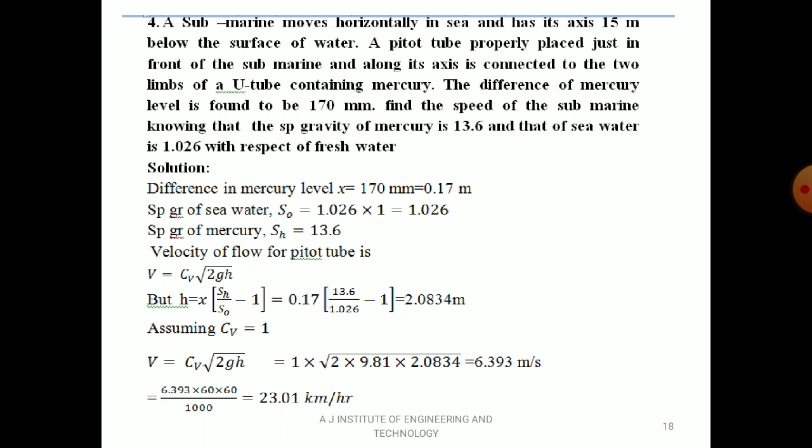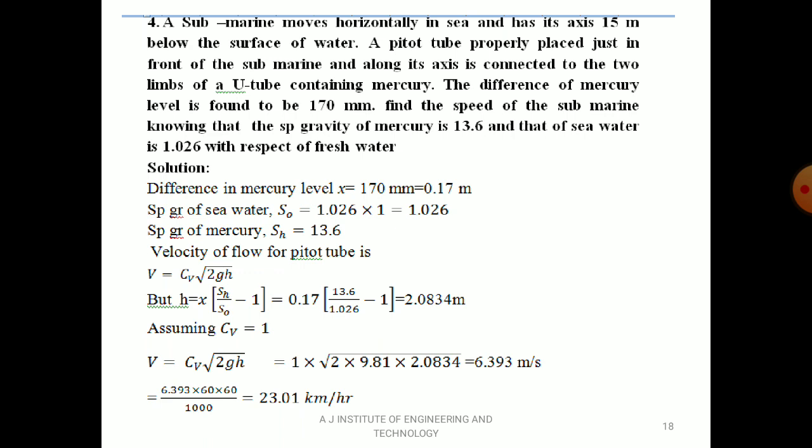You can convert this meter per second to kilometer per hour, because for submarines they are going to measure velocity or speed in kilometer per hour. That can be done like this: 6.393 into 60 into 60, that is 1 hour, divided by 1000 to get kilometer. So 6.393 divided by 1000 means it is kilometer. In order to get hour, 1 second is 1 divided by 3600 hour, so 1 divided by 3600 goes to the numerator. So 6.393 into 60 into 60 divided by 1000 equal to